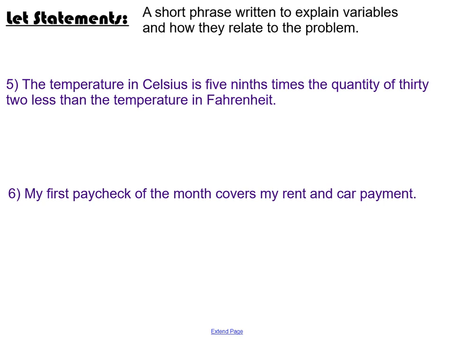It says the temperature in Celsius is 5/9 times the quantity of 32 less than the temperature in Fahrenheit. So the first thing I have to do is figure out my equal sign. So is going to represent my equal sign here. And it says the temperature in Celsius. I don't really care about the temperature in Celsius, but I do care about that Celsius. So I have Celsius, which in this case I don't want to write Celsius out every time, so I'm going to let C equal Celsius. That is a let statement. So I'm going to say C equals,